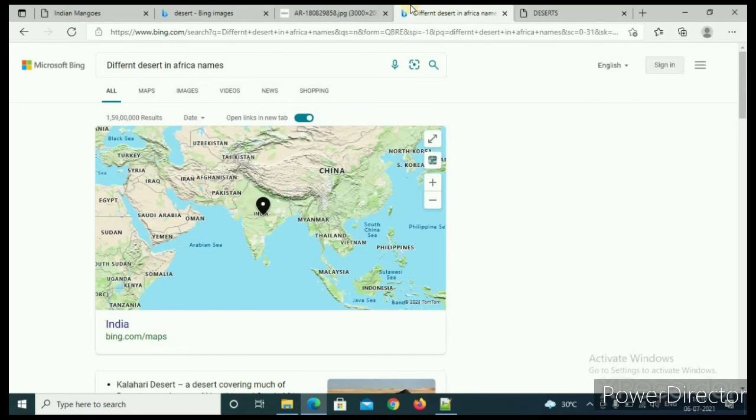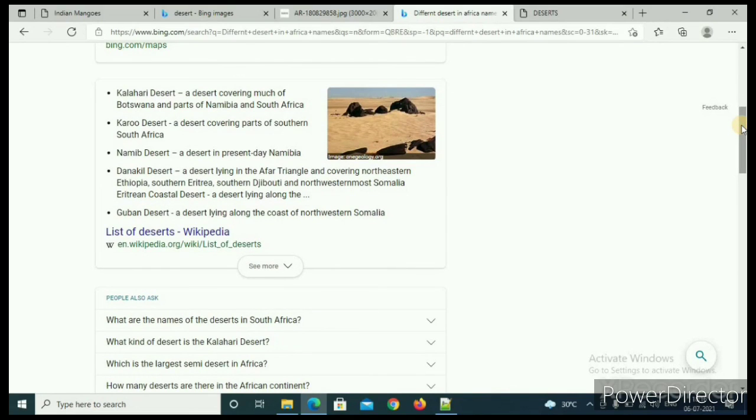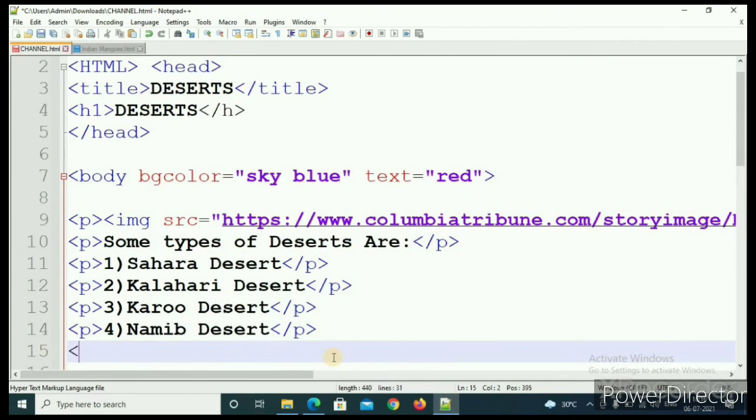And then I will see again the names, Danakil and Guban. I will only write Guban because I am just showing it for an example. I don't need this, so I am writing on my own.